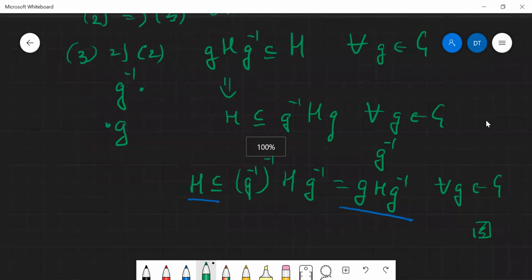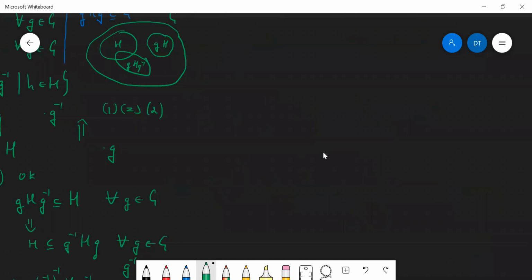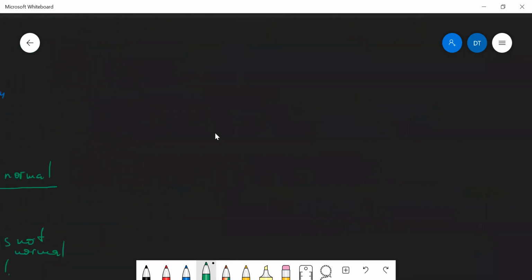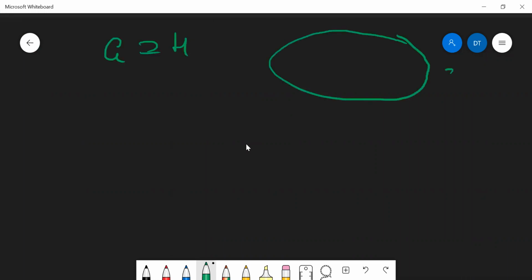Okay, so now what I want to show you is this. Let me announce, so I want to clarify what kind of results I'm going to prove, because I'm going to prove several formal claims. So I want you to know what is the goal of our actions. So suppose I have a group G and a subgroup H. So I want to draw a picture. So this is a group G, and this is a subgroup H. I want to show you that